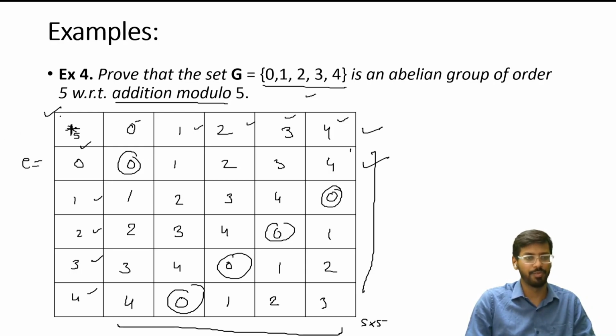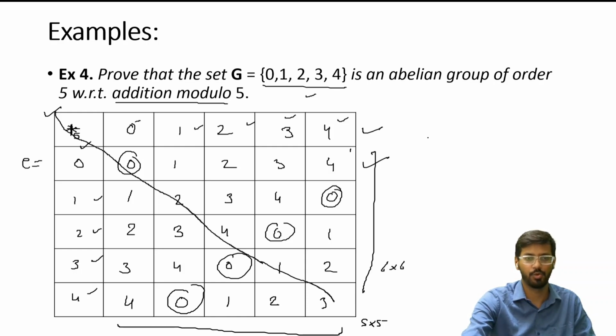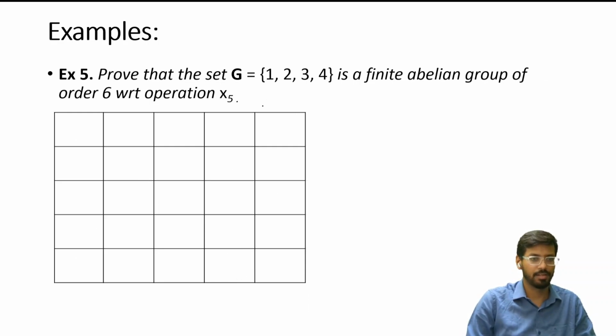Now for abelian group, we will check symmetry about this diagonal. So we can check 0, 0, 1, 1. So this 5 cross 5 matrix is symmetric about this diagonal. We can say this is abelian group because commutativity is satisfied in this group. Last example, here the binary operation given is multiplication modulo 5, given elements 1, 2, 3, 4, here 1,